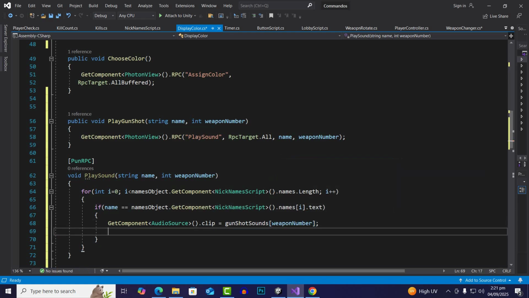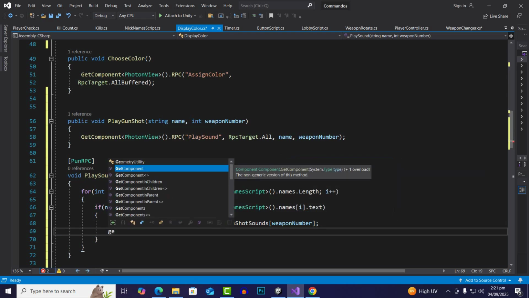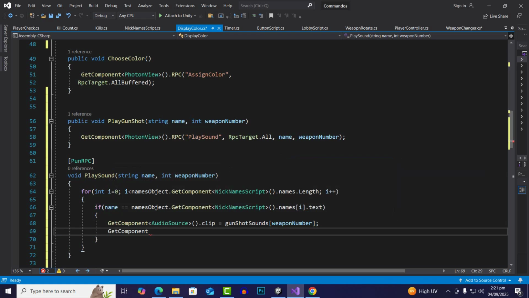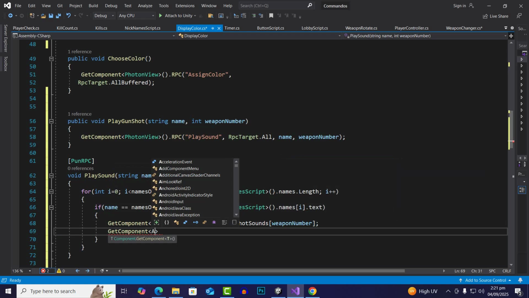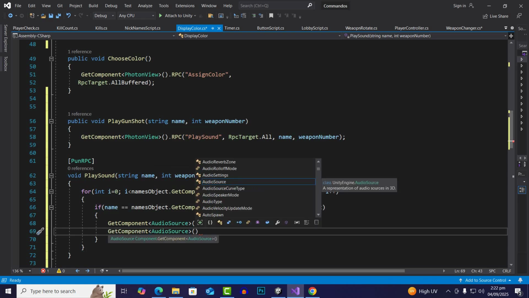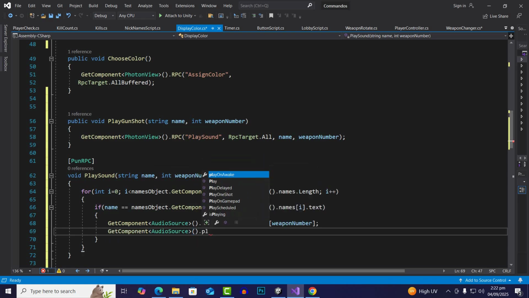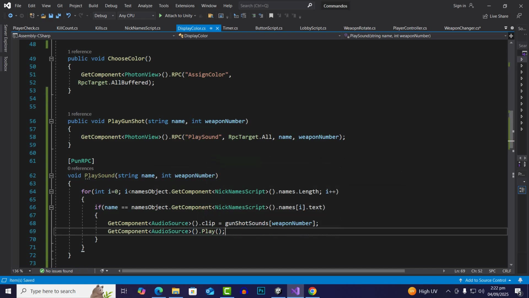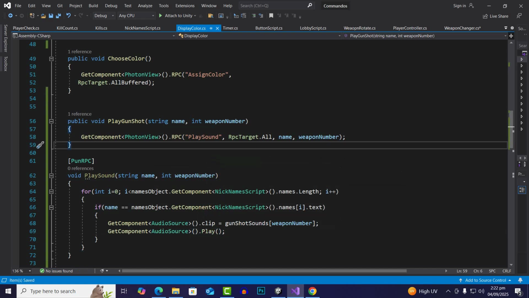Okay, so now we will get the GetComponent, then AudioSource again, .Play. So we want to play the audio source. So yeah, that's nice, I think. So now we can move back